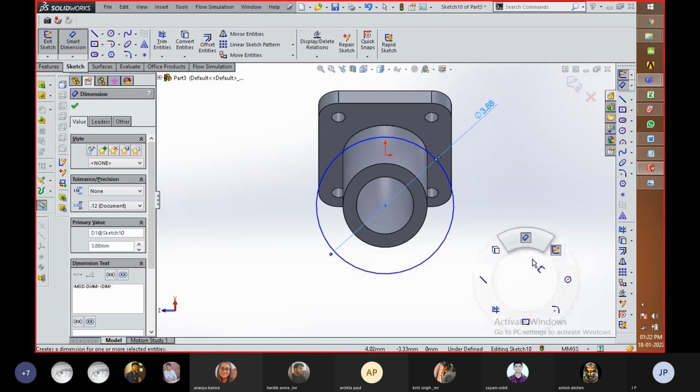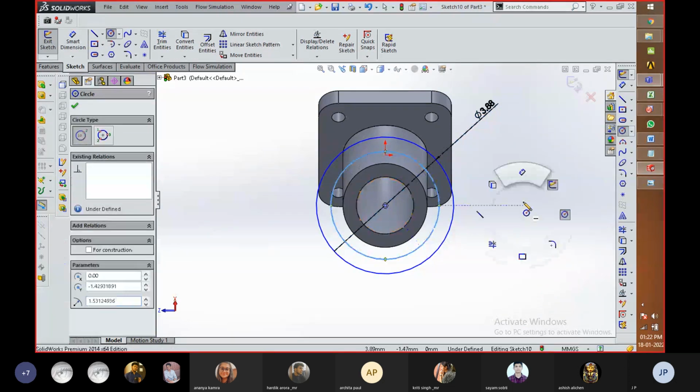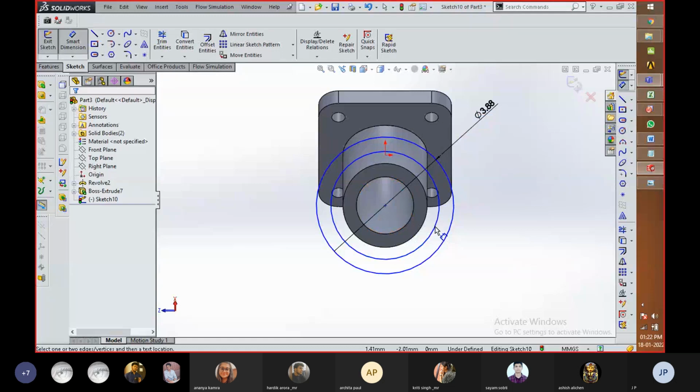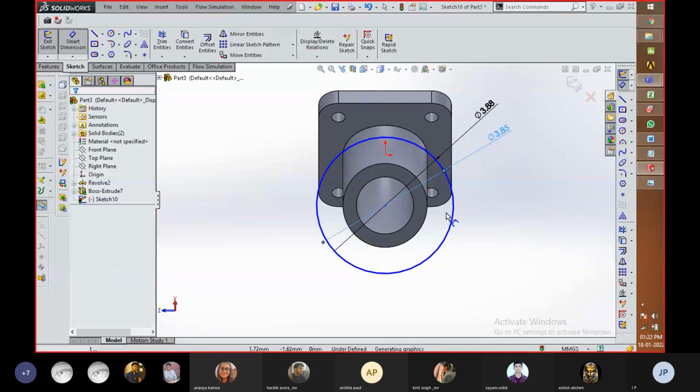Okay, so we are going to create this circle also. The dimension is, I think, 3.860. Actually, wrong.